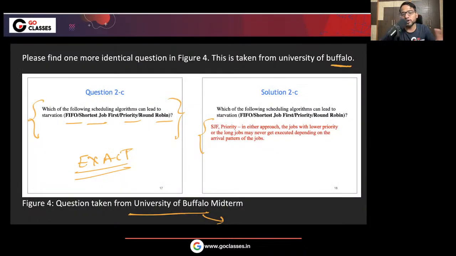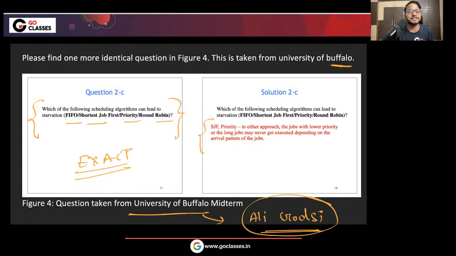But this question, which is at the University of Buffalo, one of the top universities, you can just Google it. I have studied their machine learning course. I think the professor's name is Ali Ghodsi. You can just search for him. He is a very well-known professor of machine learning. His lectures, let me tell you, are like a cakewalk. He teaches very high level mathematics with such simplicity. His lectures are extremely nice. Just remember this name, Ali Ghodsi. He is a professor from the University of Buffalo.